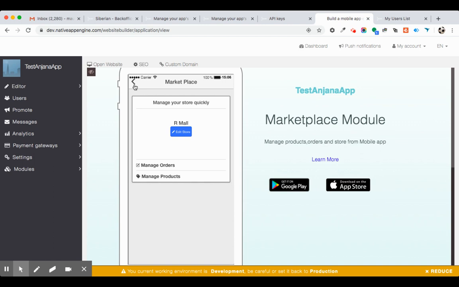So yeah, I think you get the idea. From this marketplace model, you are able to manage your store and products, and you can manage your orders. All the information whatever you are putting here will be visible on the Commerce Pro module. So in our settings, actually this model setting on the editor side, you just select the Commerce Pro module to be mapped to this model.